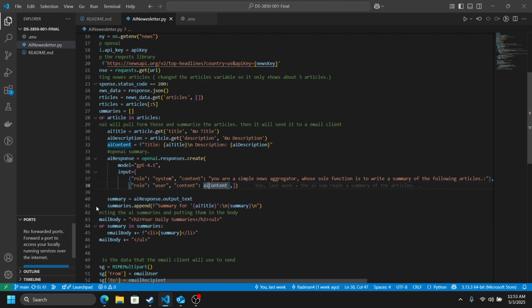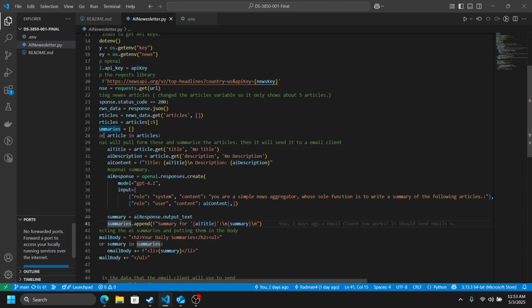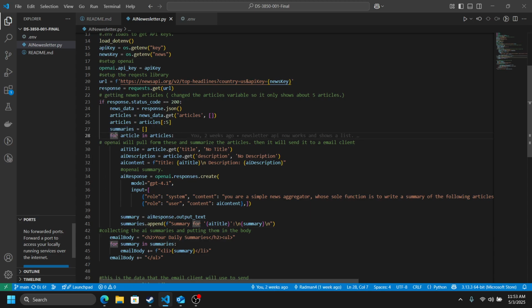The output is then labeled as a summary variable, after which a separate summaries variable appends all the summaries as a list for all 5 articles. This is all done as a for loop to make sure that the code only pulls from the number of articles, of which there are 5, to be summarized